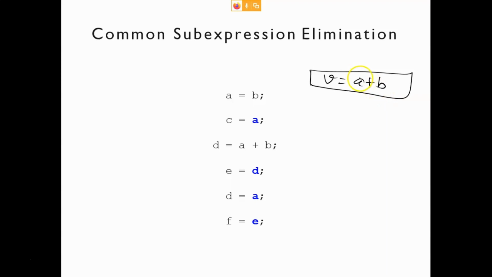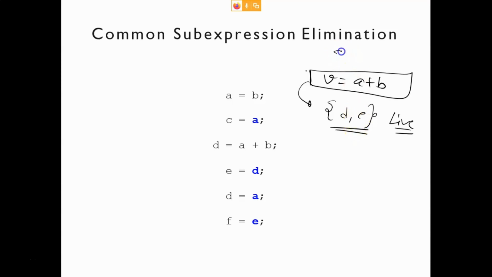Let's assume that d comma e, these two variables, are live after this statement.